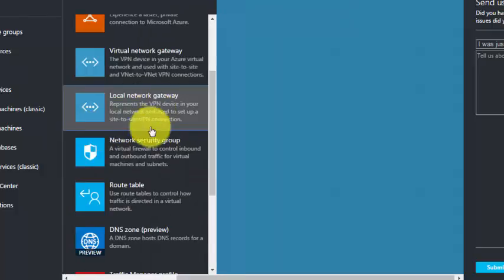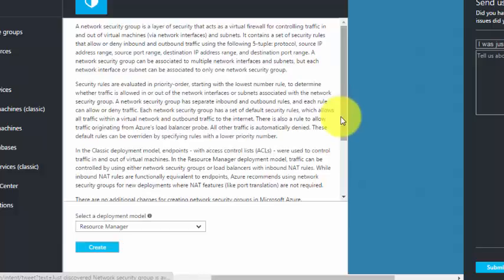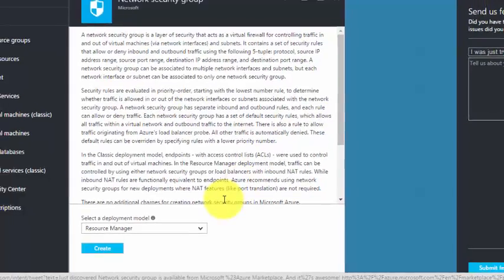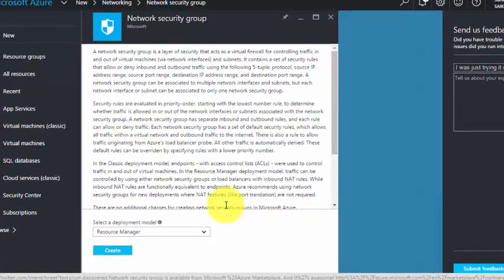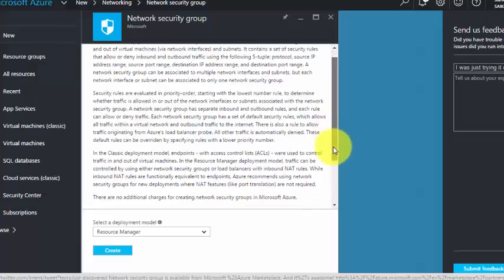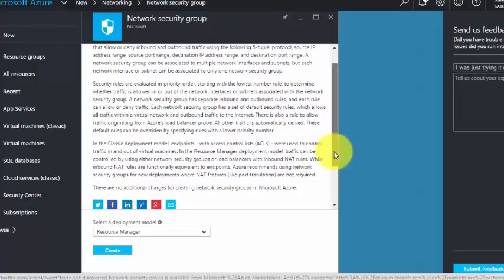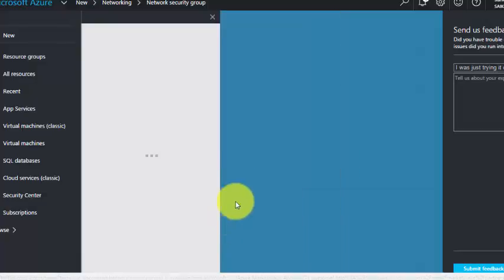Okay. And the next thing is the network security group. It's nothing but it acts as a firewall for controlling traffic in and out of all the virtual machines, and also of your network interfaces and subnets. It contains a set of security rules that allow or deny inbound and outbound traffic. Just click on create here,